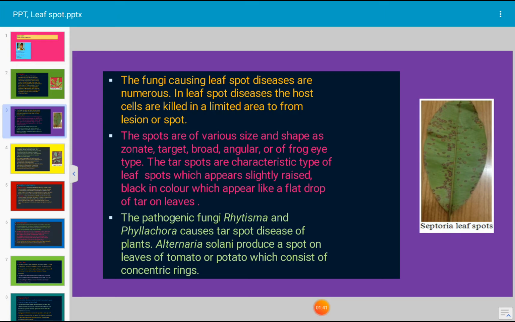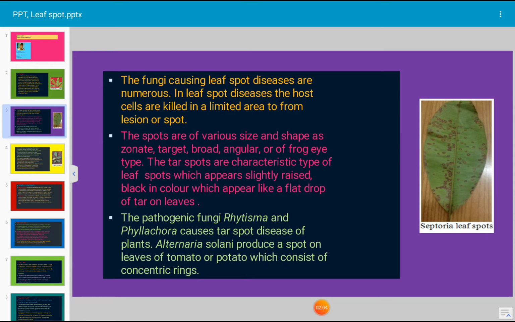The tar spots are a characteristic type of leaf spot which appear slightly raised, black in color, like a flat drop of tar on the leaves. The pathogenic fungi Rhytisma and Phyllachora cause tar spot disease of plants.